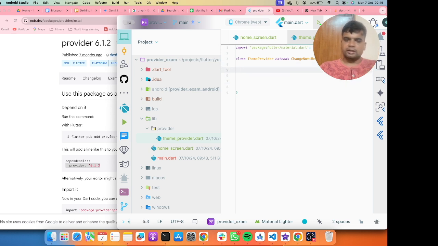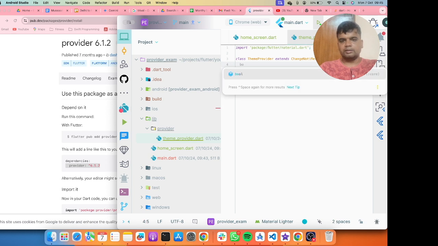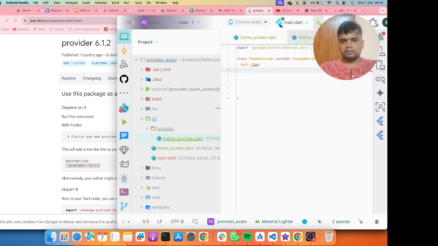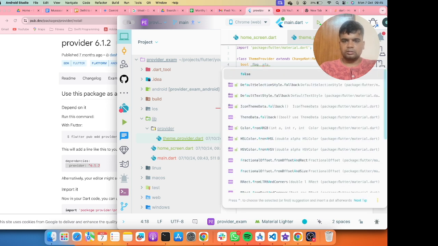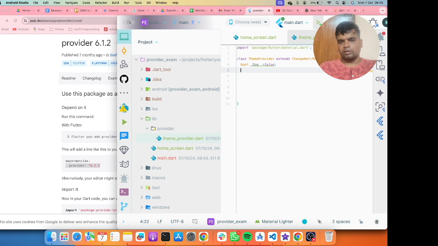There I will create a private boolean variable flag, and I will make its default value false.